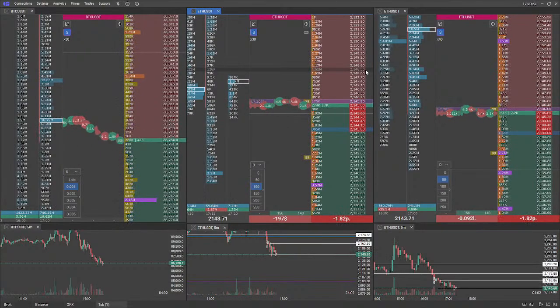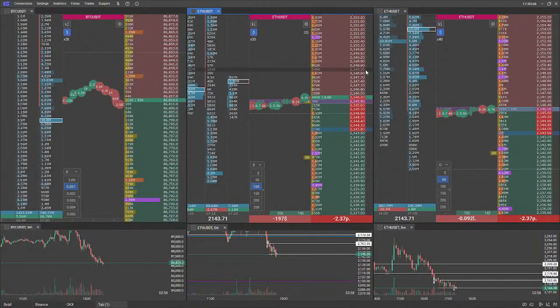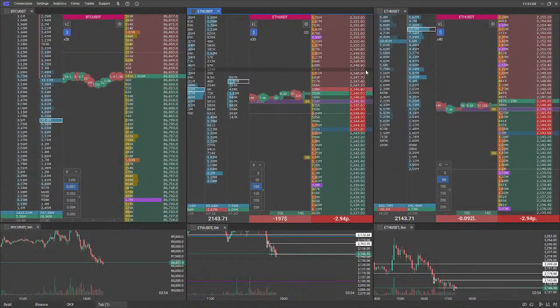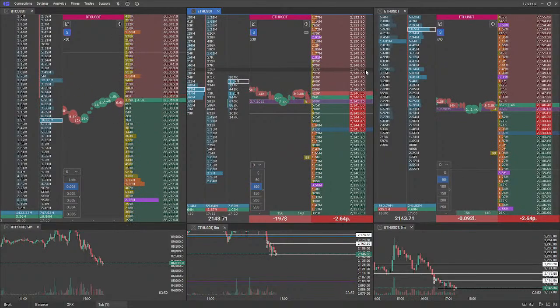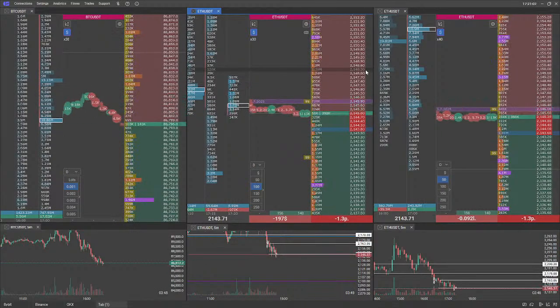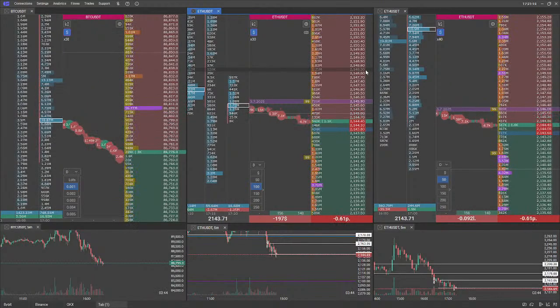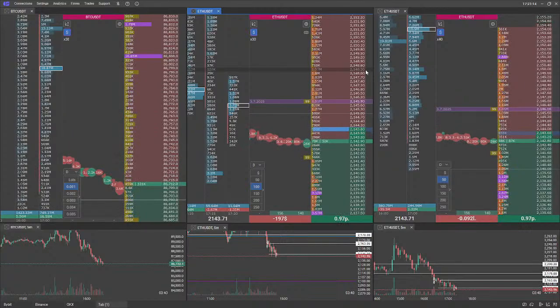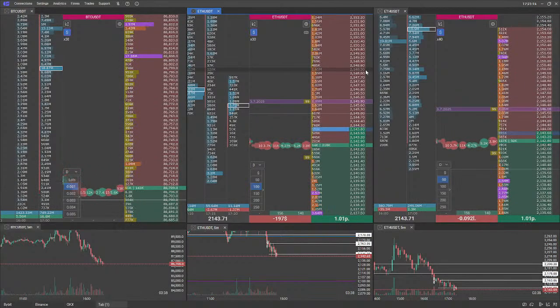I don't use defined levels. I don't use anything of that. I just trade the market. I don't use any take profit or stop losses. I know that if some points move when I have some notional, I will win some kind of money, or I will lose some kind of money. If I lose, for example, 4% in my account in one day, I will stop trading that day.